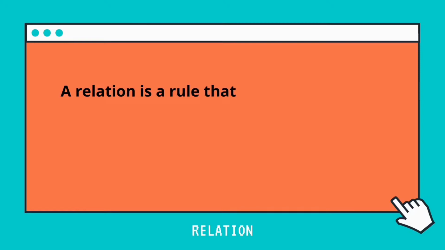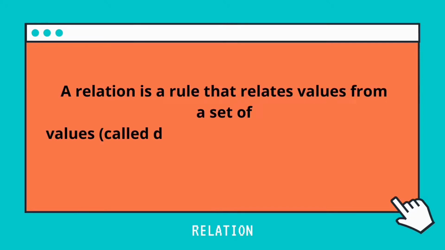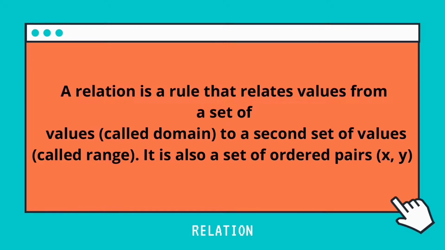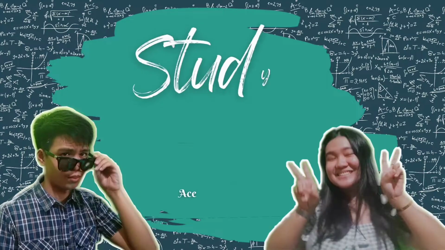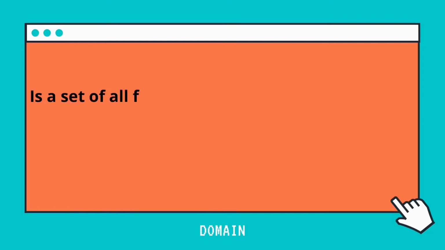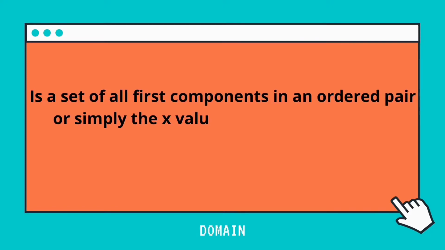Relation is a rule that relates values from a set of values called domain to a second set of values called range. It is also a set of ordered pairs x and y. Based on the definition, there are so-called domain and range. What are they? Domain is a set of all first components in an ordered pair, or simply the x value